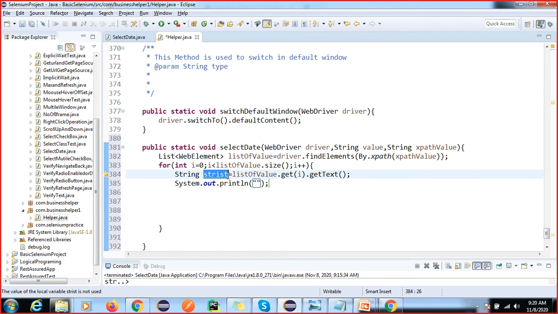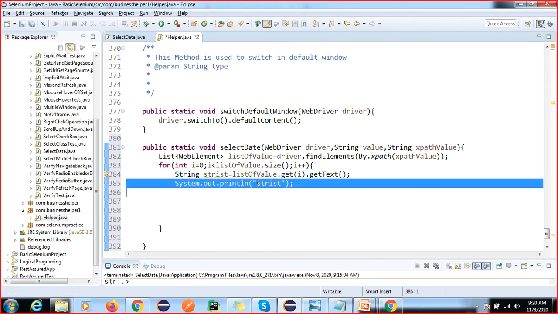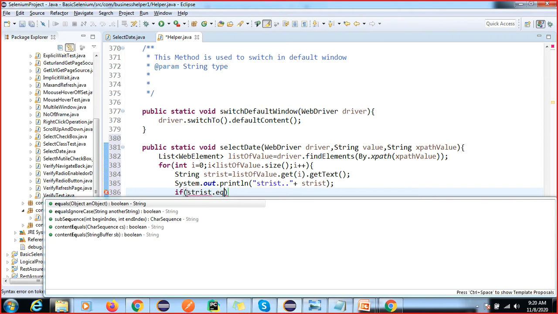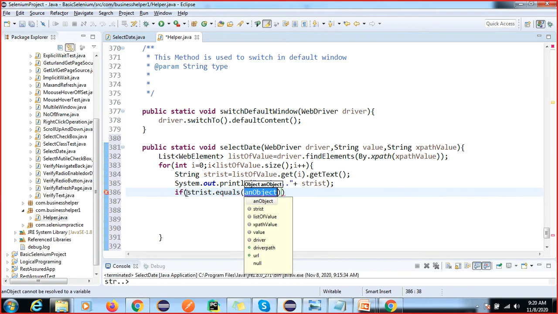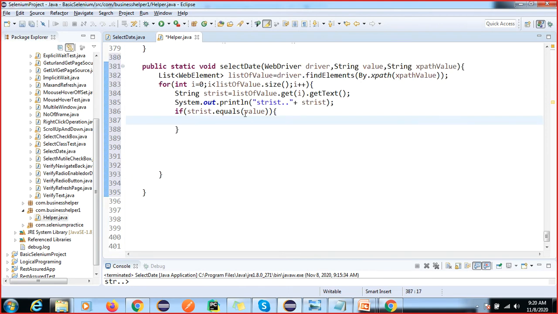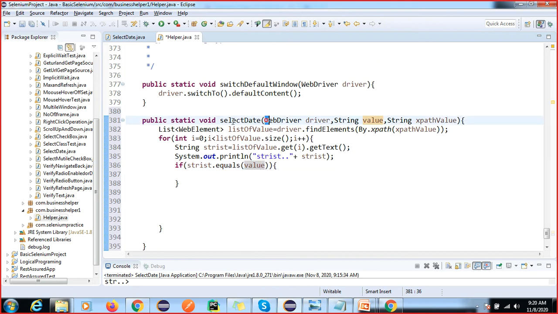We are going to print it for debugging purposes, to see whether this element is displaying or not. Now if str dot equals, here we cannot pass any hard coded value, we pass the value parameter. So we are not doing any hard code; this is dynamic, as per the method call. We can simply call this method, and you should not write this line of code again.